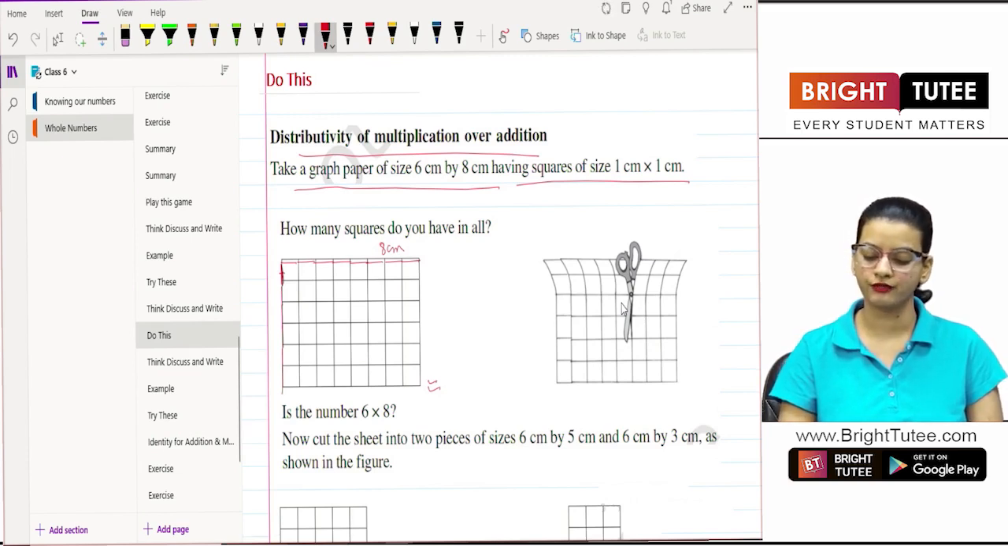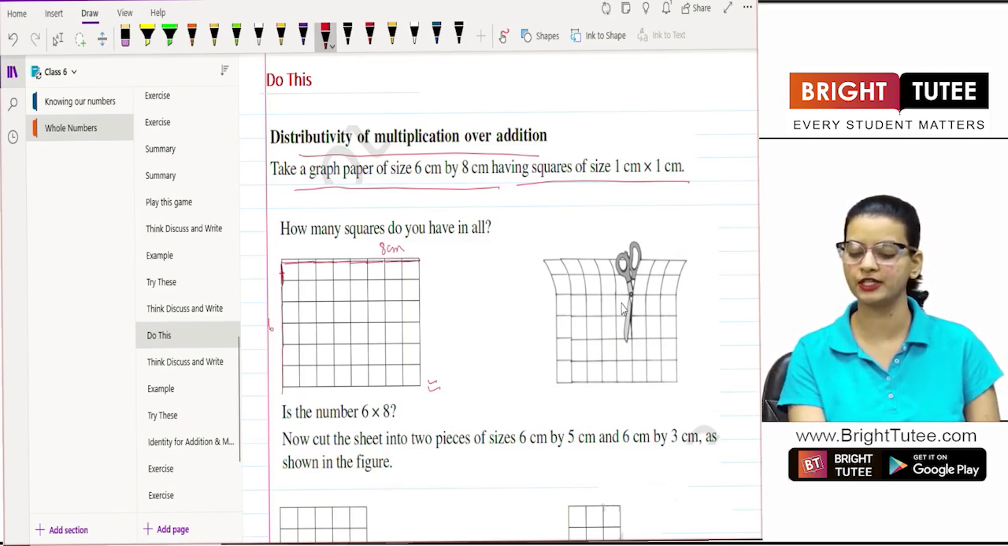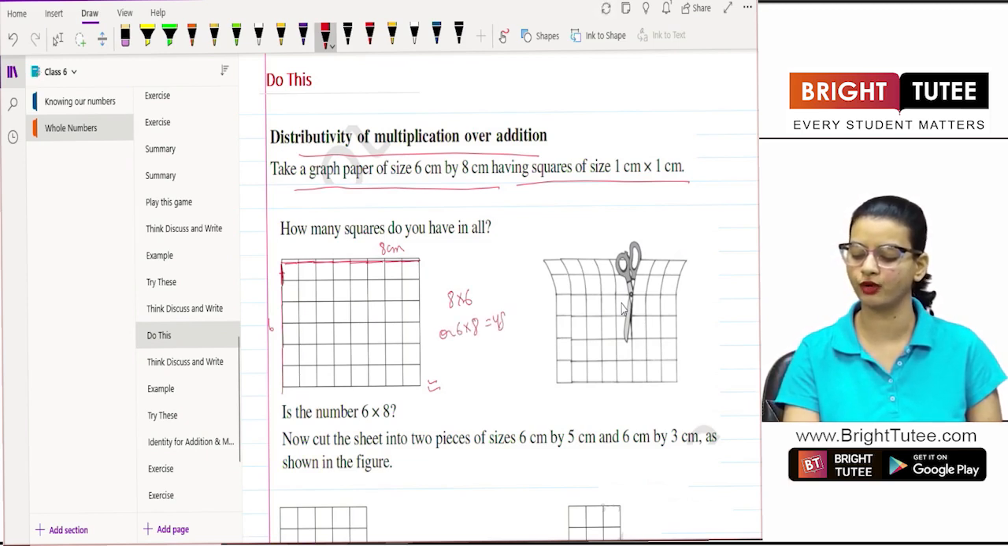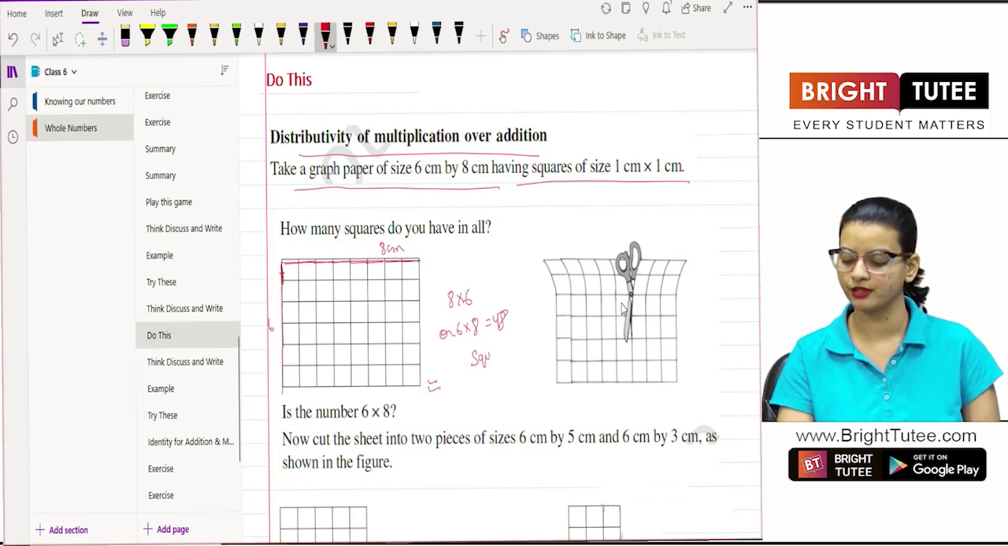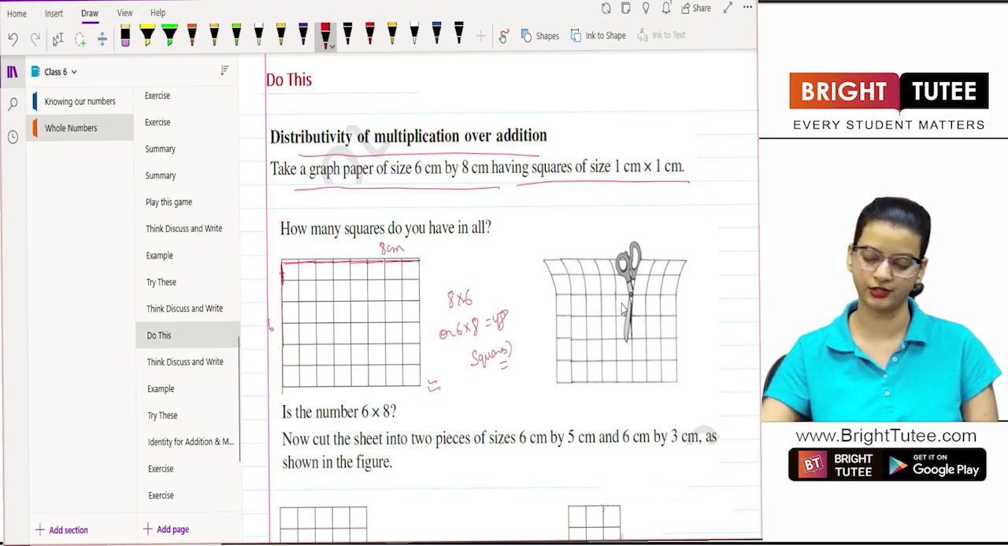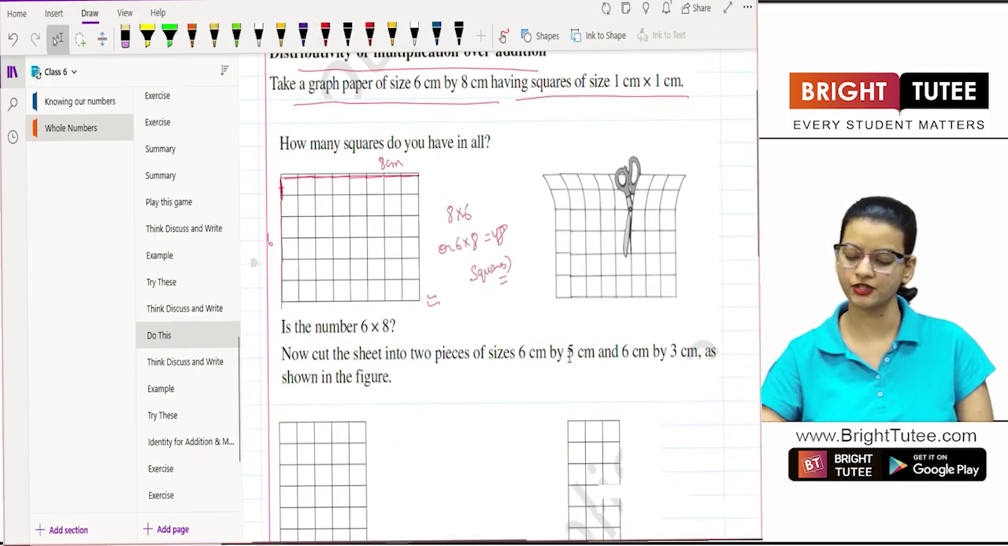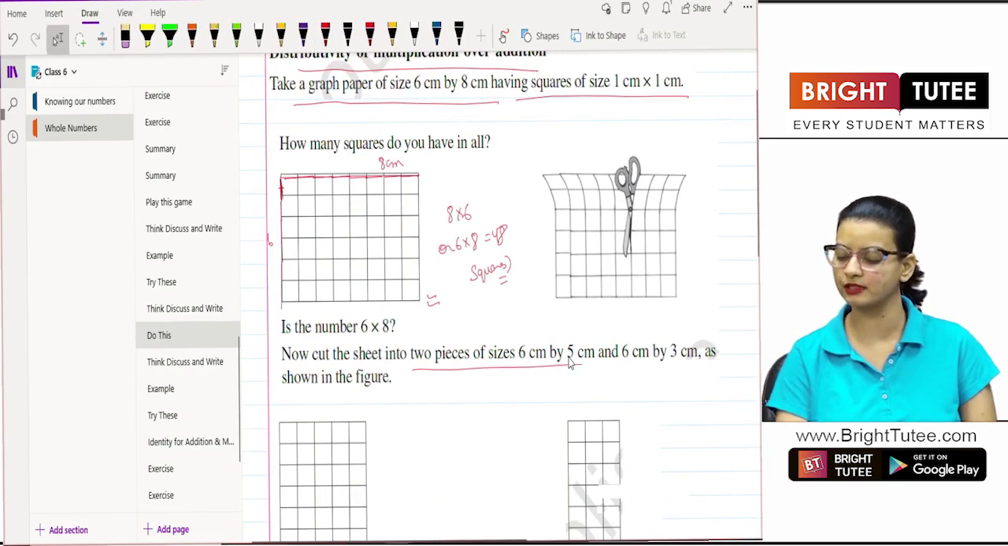If we count the squares one by one, it is going to be very lengthy. So we have got 6 squares in each column and 8 squares in each row. So we have got 8 into 6 or 6 into 8, that is equal to 48 squares. So we have got how many squares? 48 squares. Now cut the sheet into 2 pieces of 6 centimeter by 5 centimeter and 6 centimeter by 3